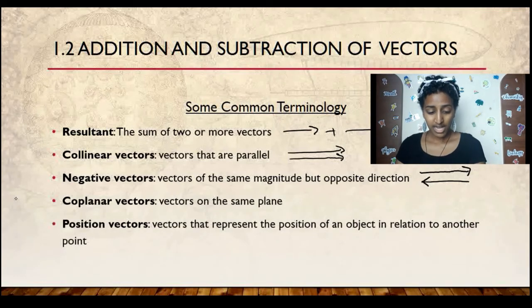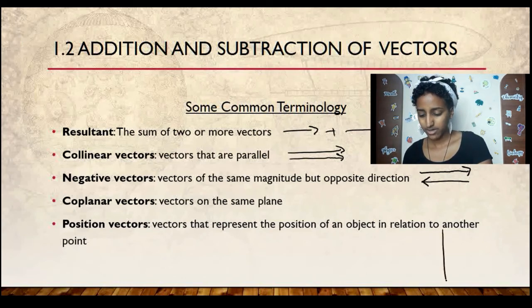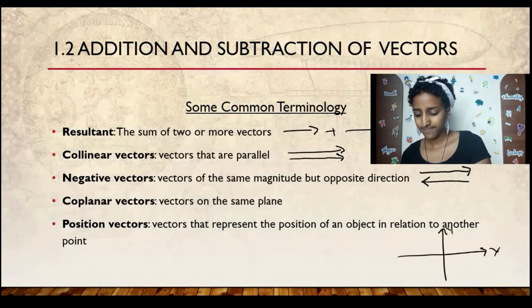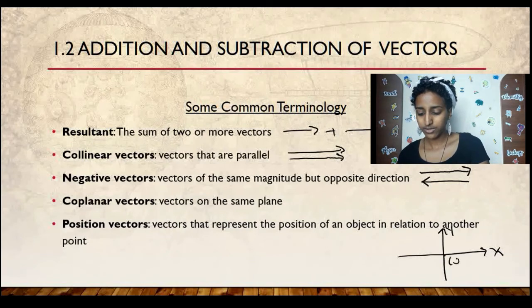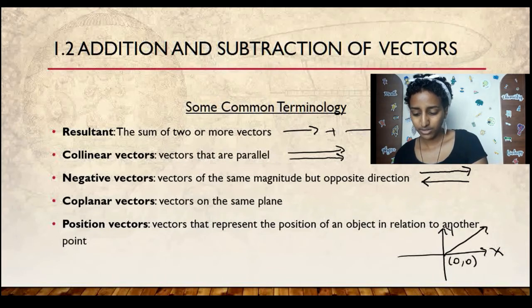In order to describe position vectors, let's use a Cartesian coordinate system. So we have our system right here. We have the x-axis and we have the y-axis, right? Now, a position vector simply means you know the initial point, you keep a standard or a solid initial point, and you define the vector by its final point. Let's say the initial point of this vector is the origin, and we'll call that point 0, 0, and we have the vector going this way. Let's say we have another vector going this way.